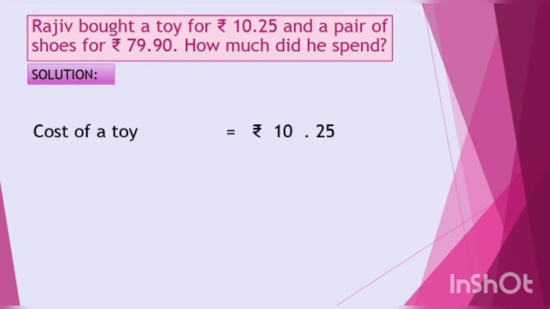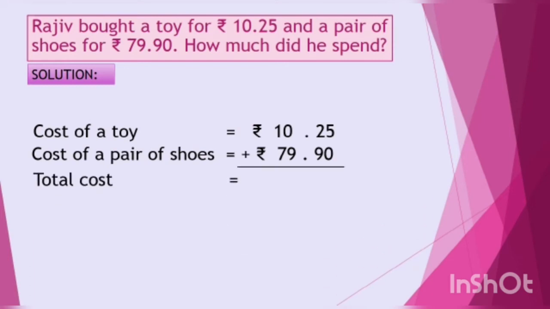Cost of a toy is equal to rupees 10 and 25 paise. Cost of a pair of shoes is equal to rupees 79 and 90 paise. What is the total cost of these two things he bought? Total cost is equal to, again we will start from the right side, that is we will add paise to paise. 25 plus 90 is equal to